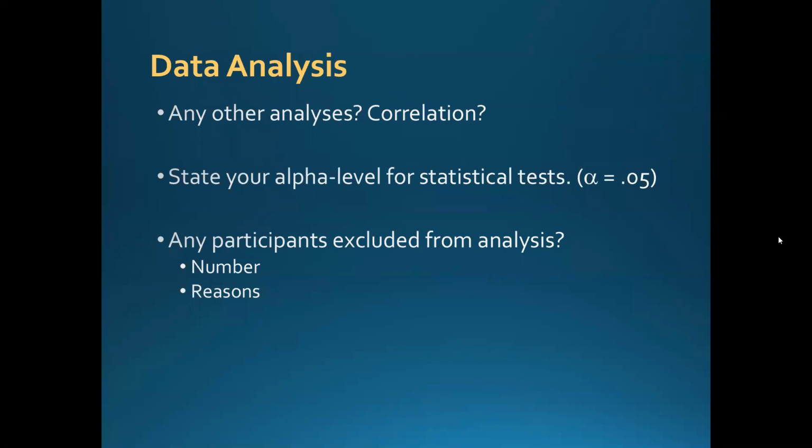Let's see, some more things that go in it. You have to state your alpha level, so it should be 0.05 for everyone. And if there are any participants excluded from your analysis. You might be able to have a shell of a sentence for the exclusion, but if you leave it out of your methods draft, I won't take off points for it, because you can add that sentence about exclusions afterwards when you start cleaning the data.